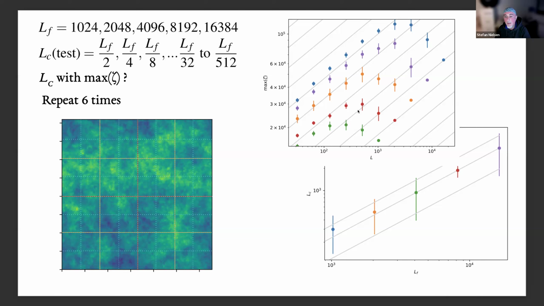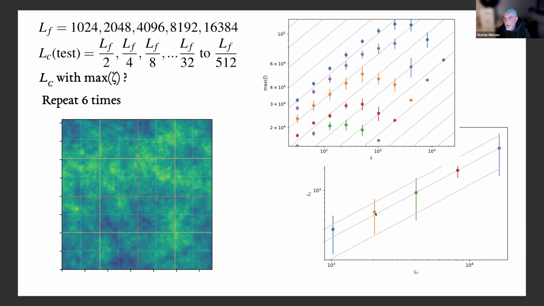And then if I take the maximum values for all 5 dimensions of the fault and plot it here, this is what I get, a nice log linear trend where the size of the critical patch does seem to increase with the size of the final fault, okay? And the slope in this case tells you that the size of the critical nucleation should be about 0.2 the length of the final fault.